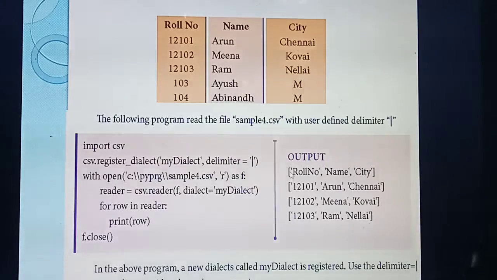Understand? See the output. Roll number, name, city. See here, is the pipe symbol there? No. The pipe symbol will get removed. Understand? Okay. So this is important. One more question. Please mark it: delimiter pipe. This pipe is considered as a column separator. In your book, underline it. So why are we using the pipe symbol? Pipe symbol is used for a column separator.